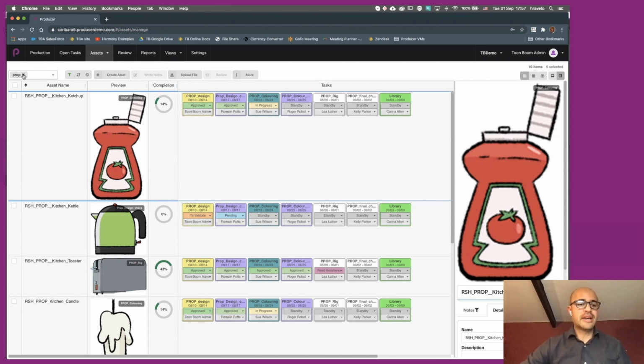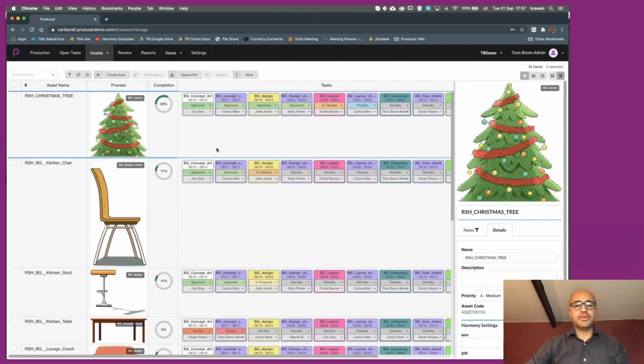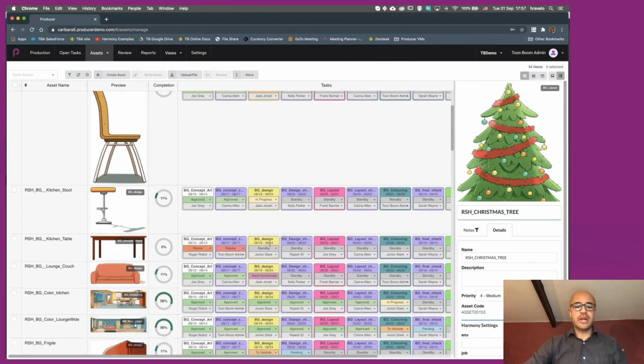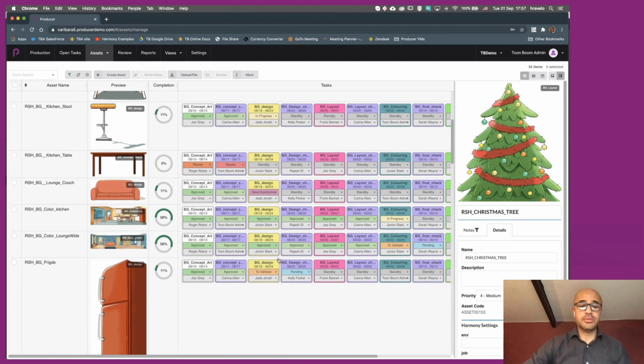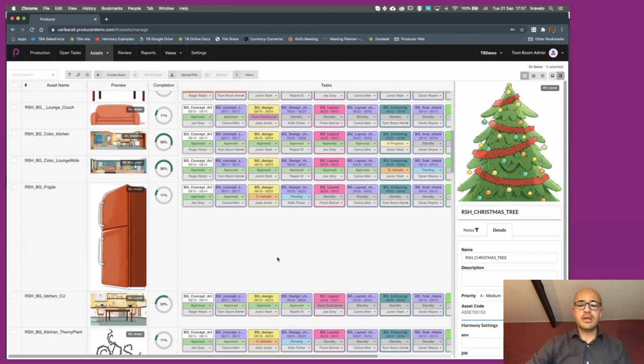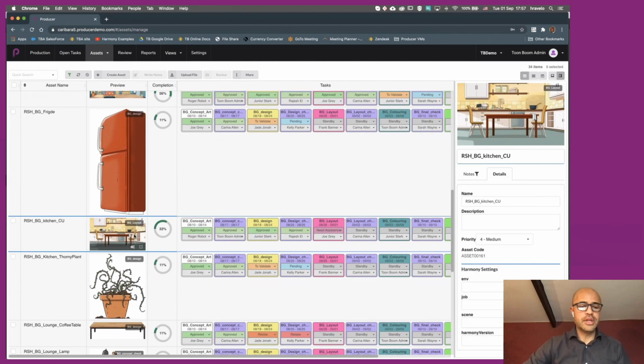If you would like to access any one of these assets directly from Producer, even if you're not using Toon Boom Harmony, it's totally possible from here. For instance, let's open one of these backgrounds over here by selecting the list of the different versions that are available for this background and clicking on the Open Original File.